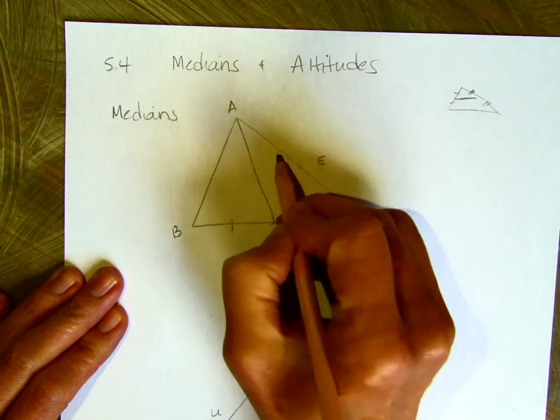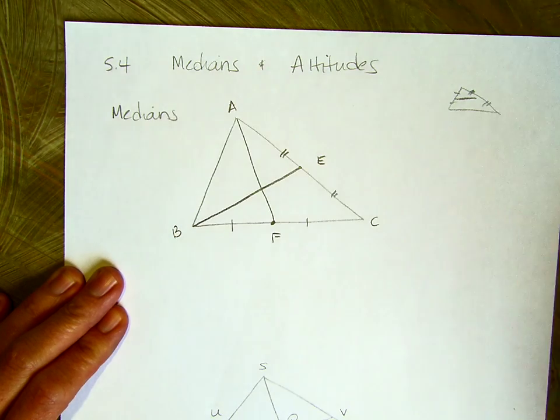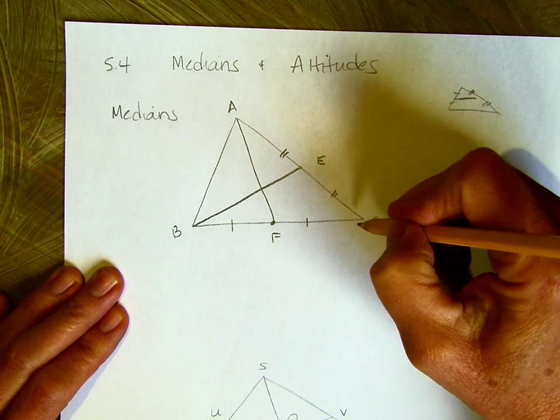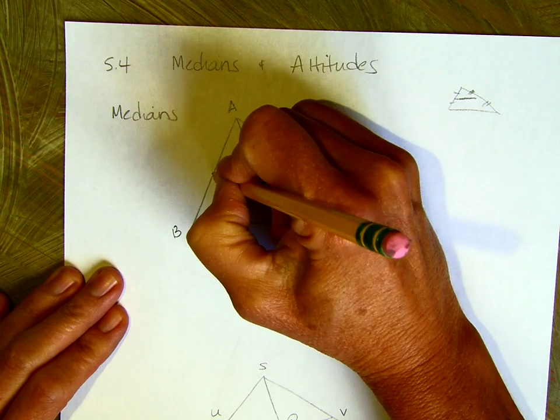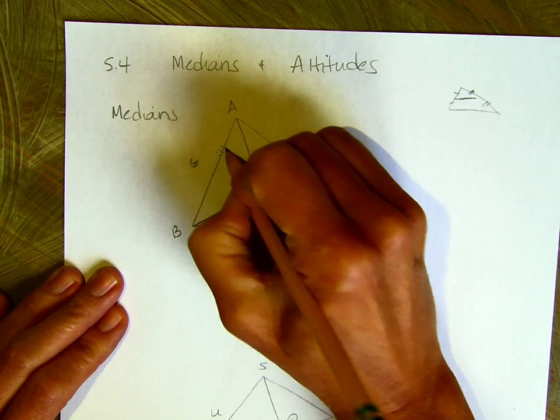So here, if E was the midpoint of AC, I would draw that from B to E. That's another median. And then if I found the midpoint of AG,